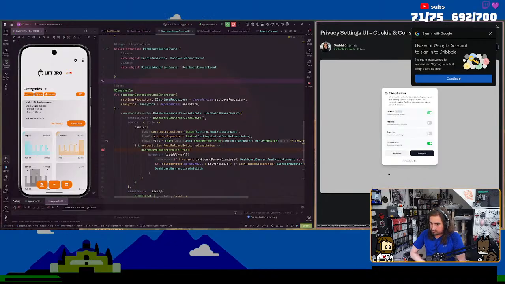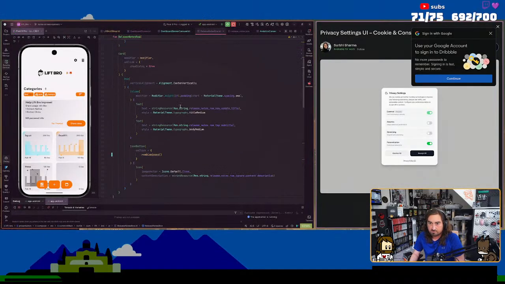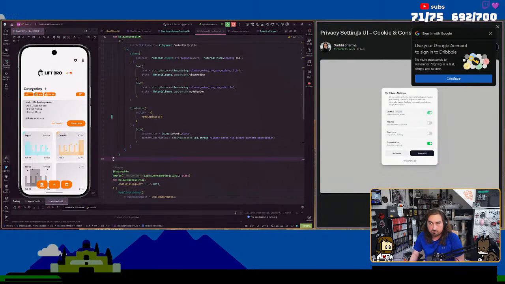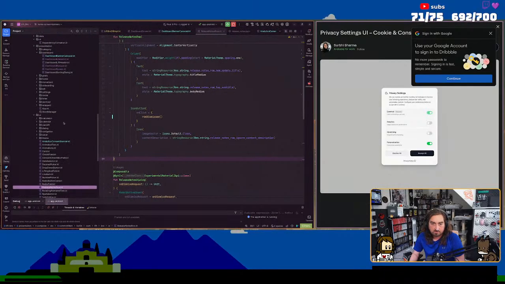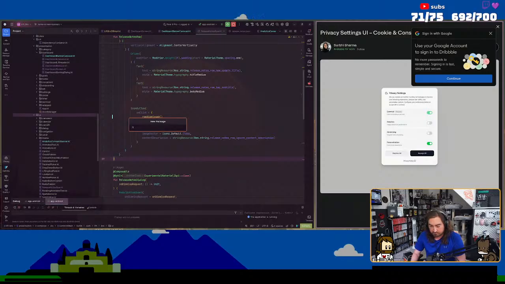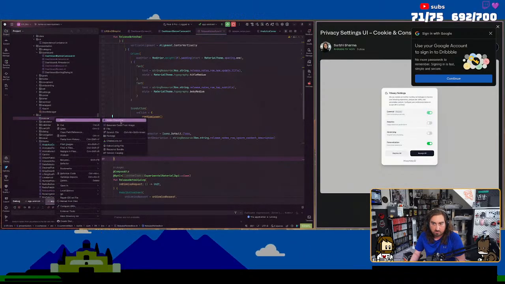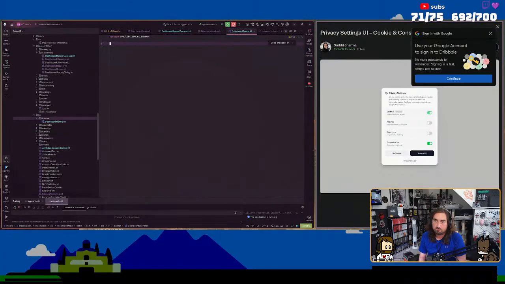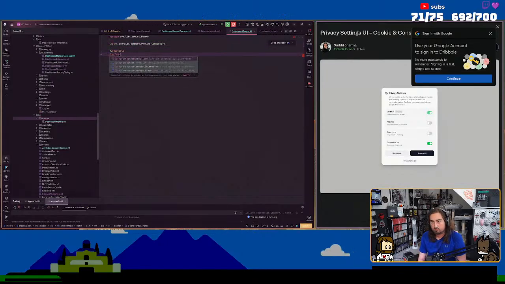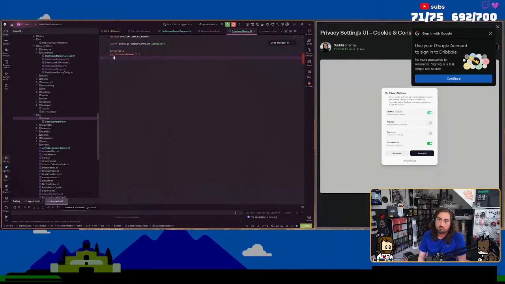So like analytics. So what's the release notes row? I'm gonna pull this out into a, so we're gonna have a new package for banner, and we're gonna have a dashboard banner. We're gonna have a dashboard banner.